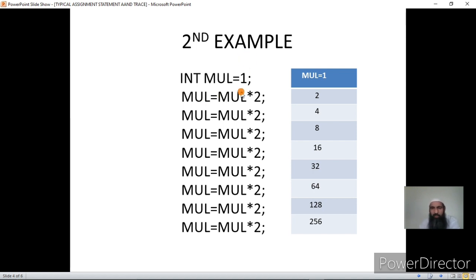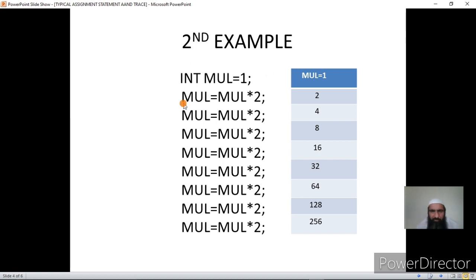What is my purpose? I want to print here the powers of 2. So what I do, I use the previous value as 1, I multiply 2 to it, so I get 2. Now to the previous value 2, I again multiply 2 to it, I get 4. So I keep on multiplying 2 to the previous values, and I generate a new value. This is somewhat a power series of 2, that is 2 raised to power 1, 2 raised to power 2, 2 raised to power 3, 2 raised to power 4, 2 raised to power 5, 2 raised to power 6, and so on and so forth. I hope you have understood.